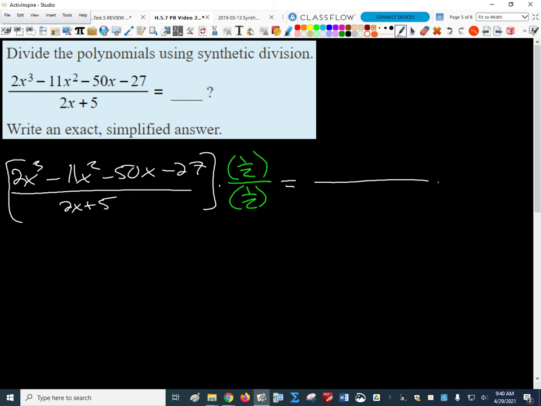On the bottom, I'm going to get what I need, which is x plus 5/2. Everybody agree? I get a coefficient of x equal to 1. On the top, what am I going to get if I distribute that through? First term is what? x cubed. If I distribute to the next term, I get minus 11/2 x squared minus 25x, good, minus